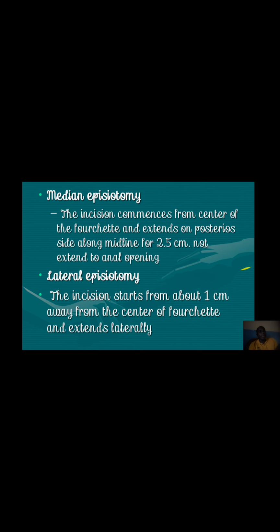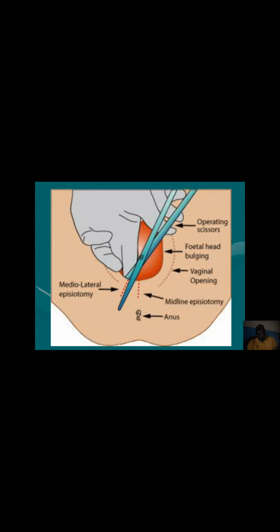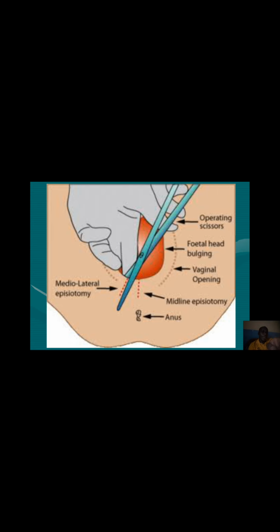But there is also median episiotomy. The incision commences from the center of the fourchette and extends on the posterior side along the midline for 2.5 cm, not extending to the anal opening. It is done right at the center, as we see here, the midline episiotomy. It is done in the middle, but it does not extend to the anus. This is not done